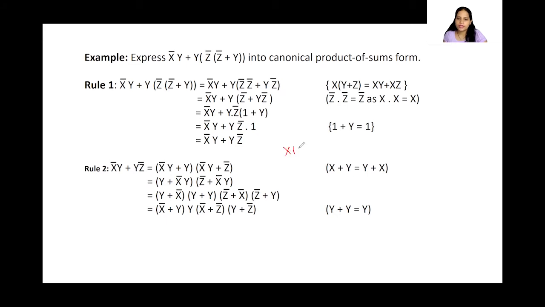Let me write that expression once again. xy, x plus yz, then it becomes x plus y, x plus z. Right. Now see here, we are going to consider this entire thing as x and this as y and z. So what happens now? We can write it as x bar y. Okay, so this is our x term. We're multiplying first with y. Adding it with y, and then we are multiplying the whole sum into x plus z. Okay, I hope this step is clear.